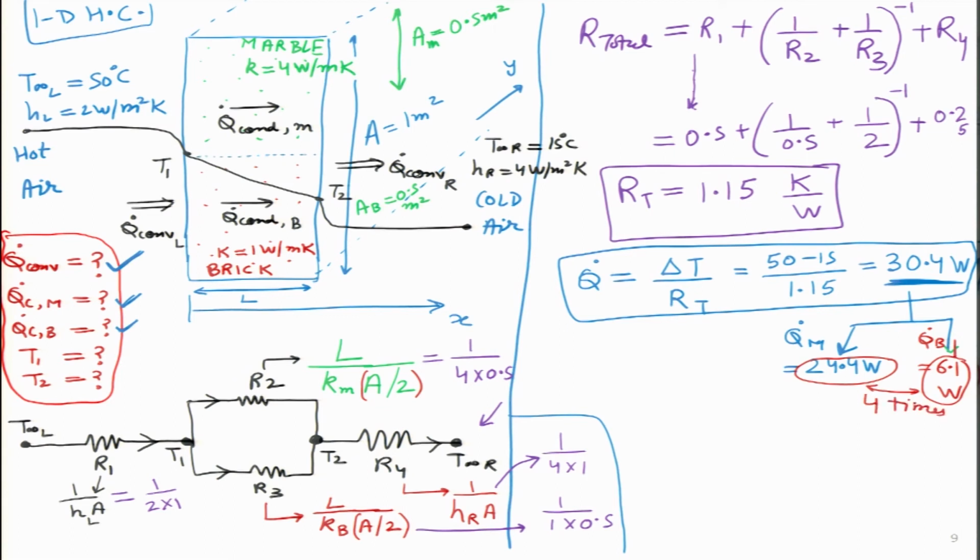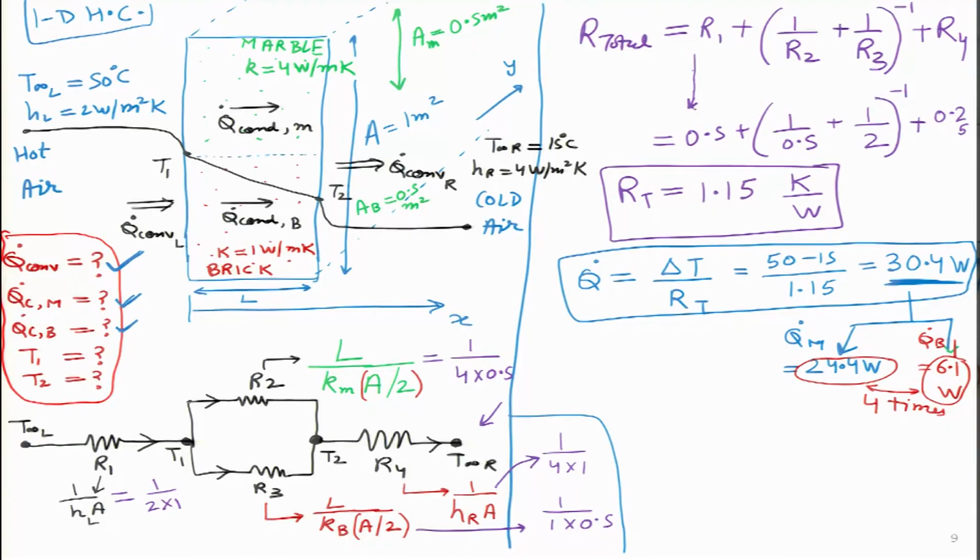This part I will leave for the audience members to figure out themselves, but the hint is, are there some properties which differ by 4 times? If you go back to that analogy, this black marble and the white brick, which these colors represent those two materials, this one has 4 times higher thermal conductivity than this, and this result we are directly seeing in the ratio between q dot m and q dot b. This exercise I will leave to the audience members because I am sure it is very straightforward, and they can do it quickly. I will also give the values. So, this one we have calculated, this one we have calculated.